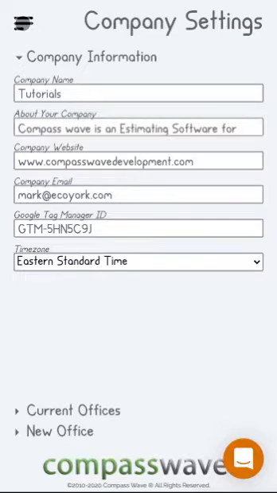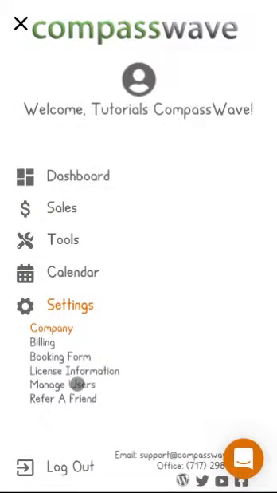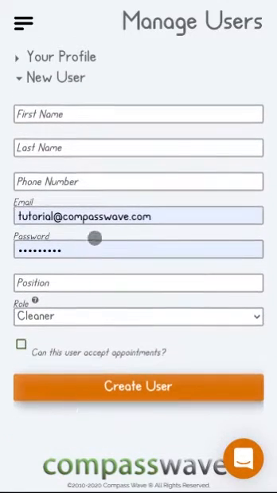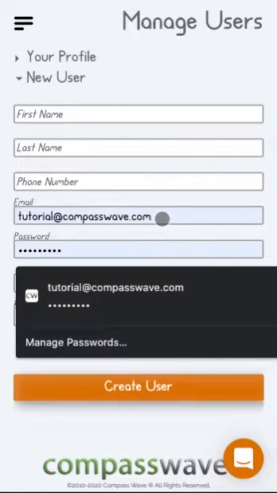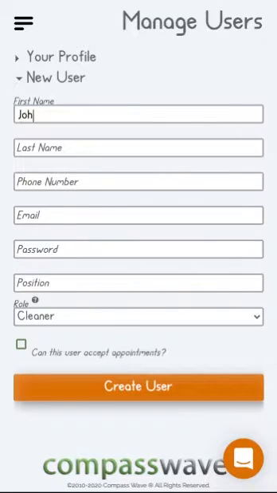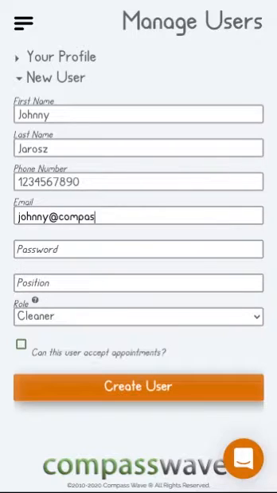So the next step would be to go into the navigation again, go to Manage Users. Now immediately you'll see your profile, but down at the bottom you'll see a New User drawer. So click on that. Google Chrome is trying to fill in my email and password for me. However, we're creating a new user here. It doesn't quite understand that. So we're going to delete those. We're going to create ourselves a new user named Johnny Jaros. Give him a phone number. We'll give him an email, password, a position,